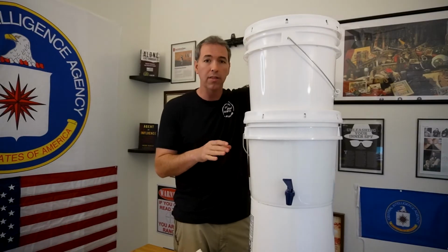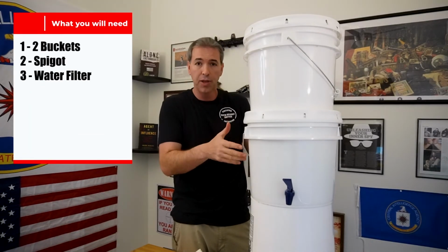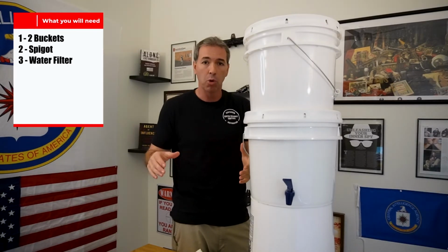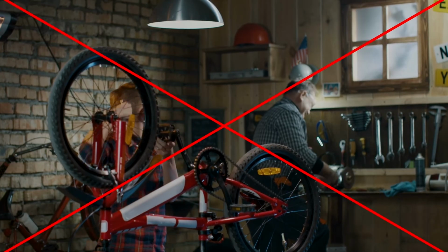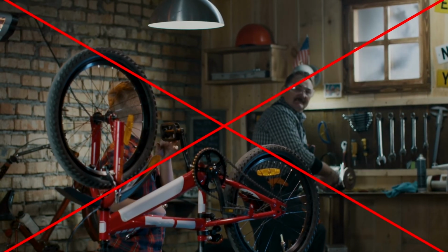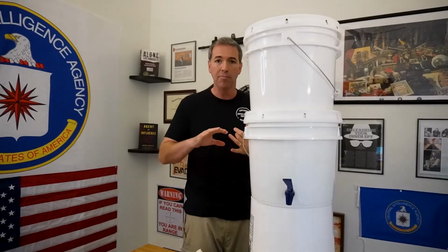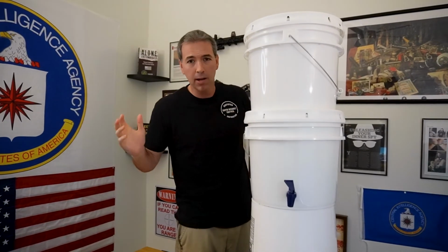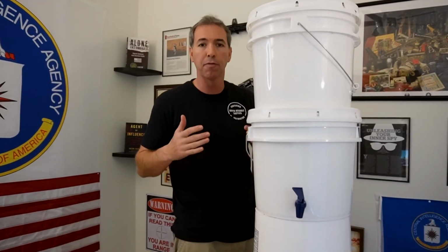But when you're getting one of these systems, always buy multiple water filters because when these 2,000 gallons run out, you want to have more. Store them in a cool, dry place, so don't keep them in your garage or in your shed where it's 150 degrees and humid when you live in Florida or Texas or somewhere else. So have multiple filters, have more than one bucket. I mean, why not? Have backups to the backups to the backups, because we are talking about fresh, clean drinking